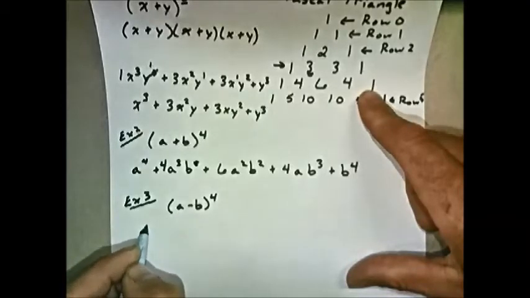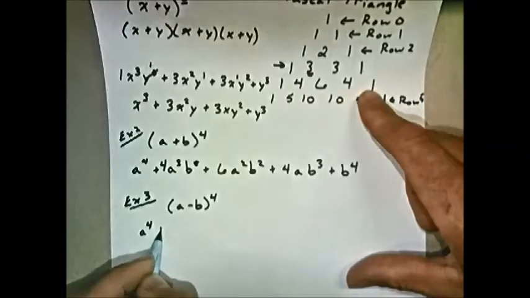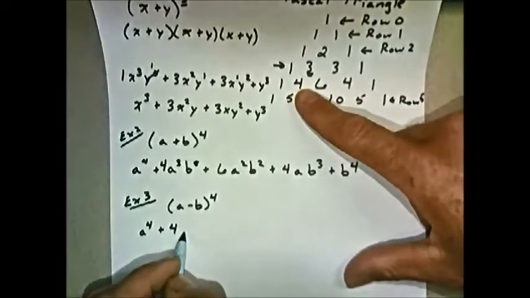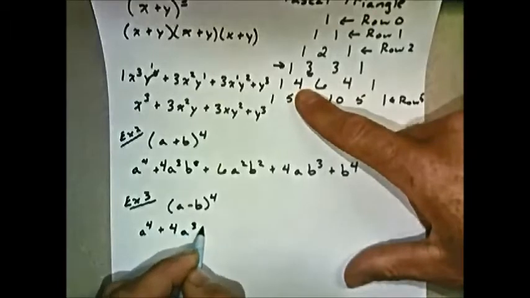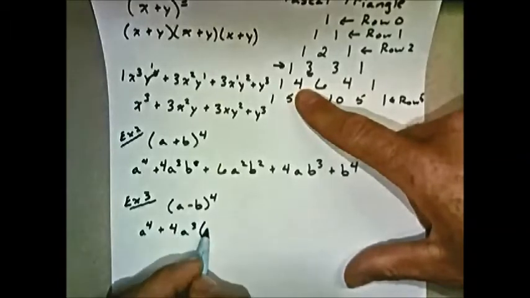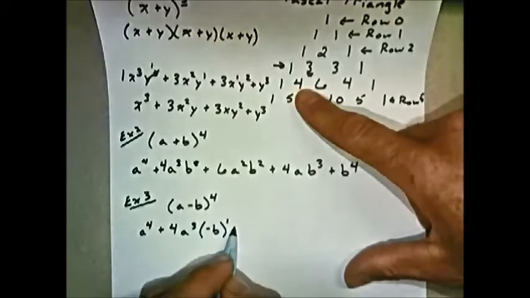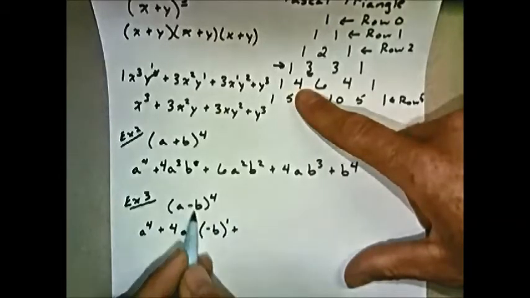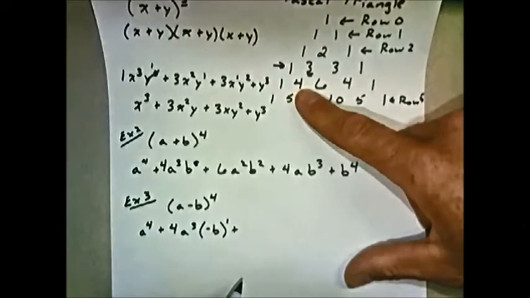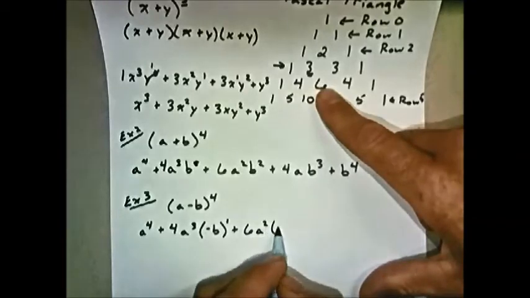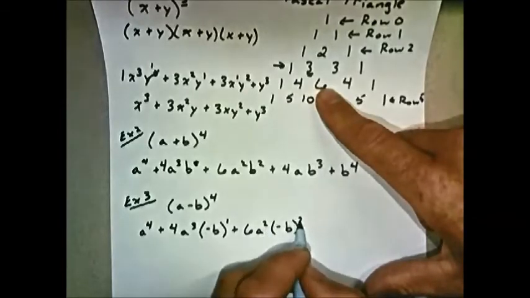We're going to still start with 1a to the fourth plus 4 from Pascal's triangle, a to the third, and now we have a negative b to the first. Plus, so that negative follows along with that second term, plus 6a squared, then negative b to the second,